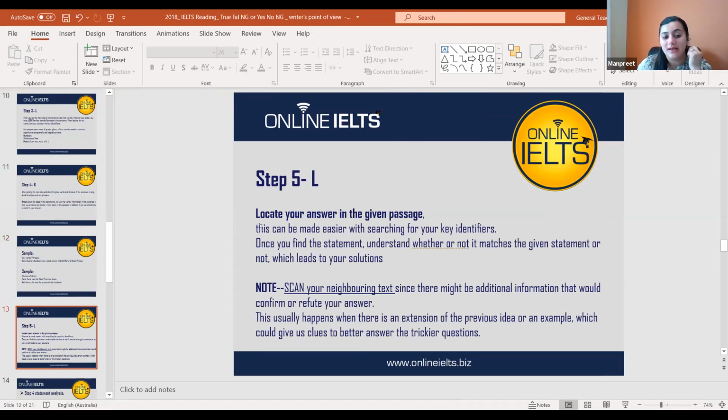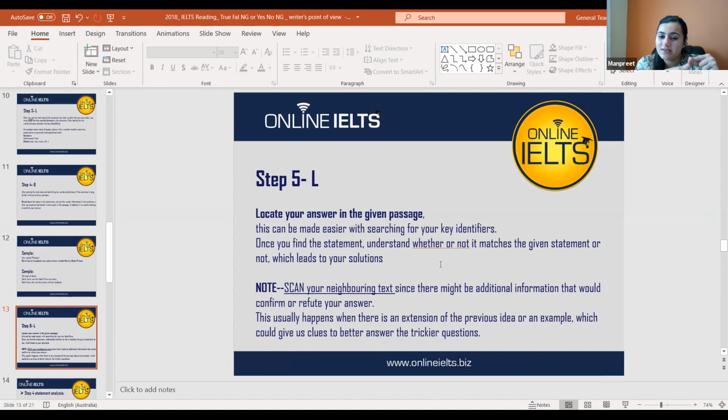All right. Last step for this particular question type: locate your answer in the given passage. This is pretty much the same as finding the keywords. But in this one, another important thing is that sometimes you will find information related to the question in one or two sentences in the passage. The information in the question would be there in the passage, but in different words. And let's say you found the location, but sometimes in the passage, they can have words such as, for example,